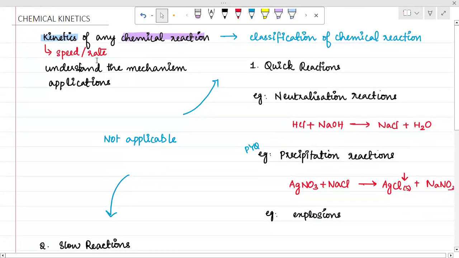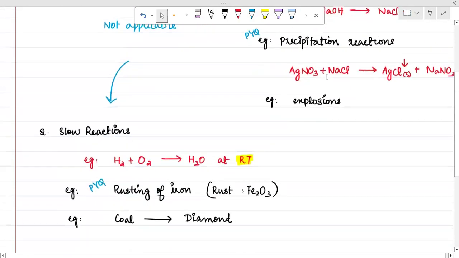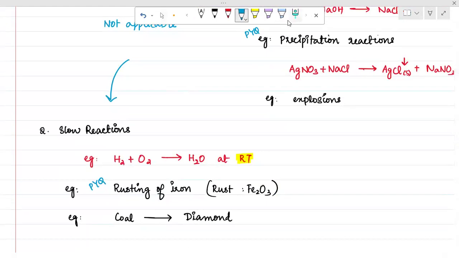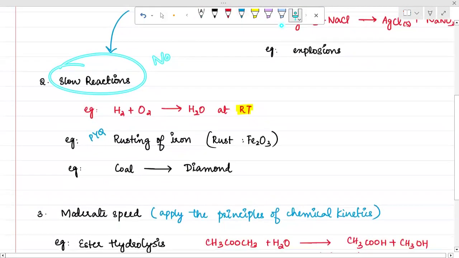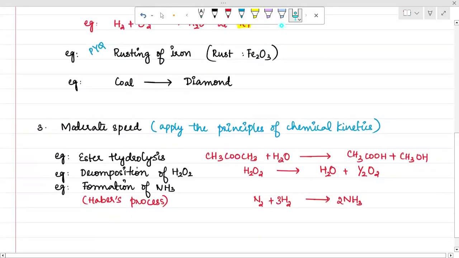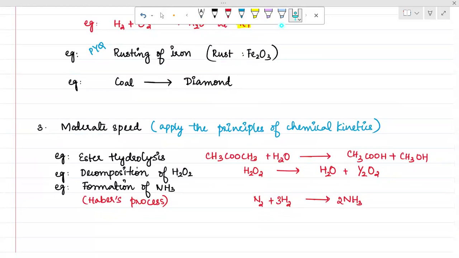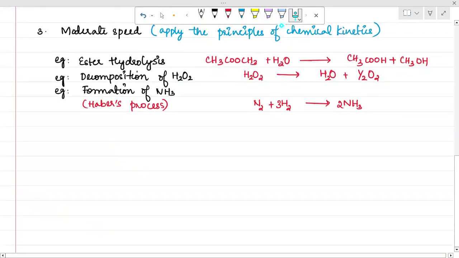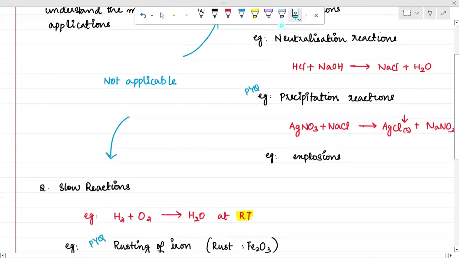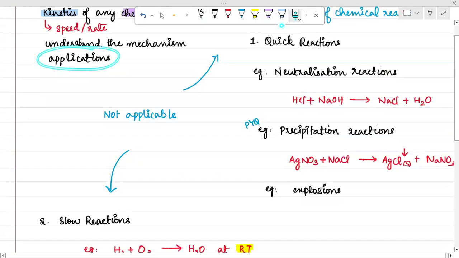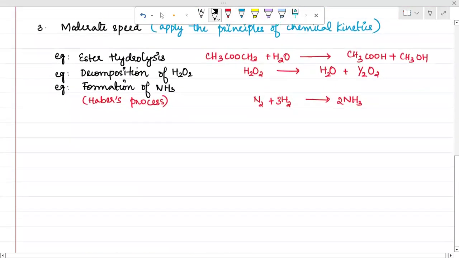of reactions. But can it be used to learn the rates of the reactions which are very quick? No. Can it be used to learn the rates of the reactions which are very slow? No. It can be used to learn the rates of the reactions only when they proceed with a moderate speed. Okay. Now, why do you want to learn the chemical kinetics of reactions? As I said, you have certain applications, and some among them are: